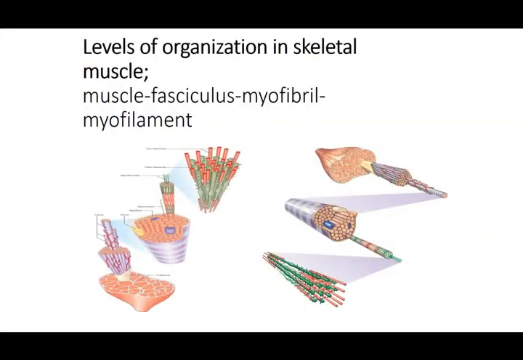Then how is the muscle arranged? The muscle is arranged in levels. First, outside is the whole muscle. If you take a section, this muscle is going to be in bundles, called the fasciculi. These fasciculi are going to have myofibrils in them, a collection of many myofibrils. And when you open up these myofibrils, they are further formed by the myofilaments. All these are the contractile units. So the level of organization is the muscle as a whole, formed by a collection of fasciculi, the fasciculi with the myofibrils in them, and the myofibrils with the myofilaments in them. So that is the breakup.